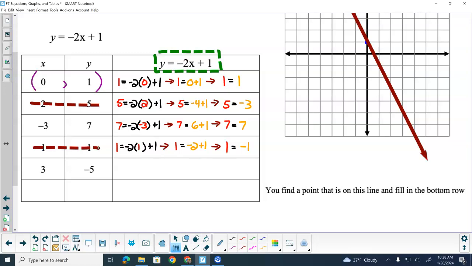Okay. Algebraically, let's prove that. Negative 5 is equal to negative 2 times 3 plus 1. Negative 5 then would be equal to negative 6 plus 1, which is going to be